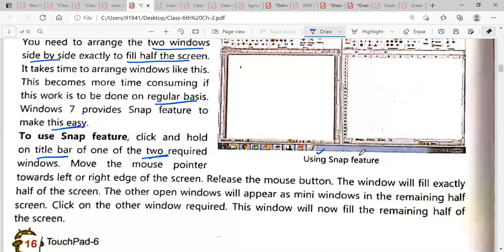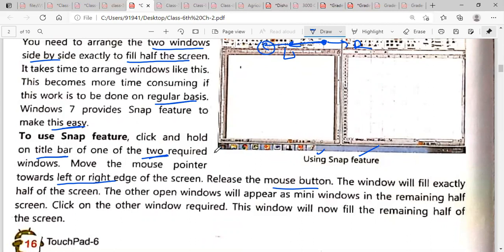Move the mouse pointer towards the left or right. You just hold here and you can move to the left side, or if you want, to the right side. Release the mouse button. Suppose you are moving to the left side and you release here, then the window will fill exactly half of the screen.